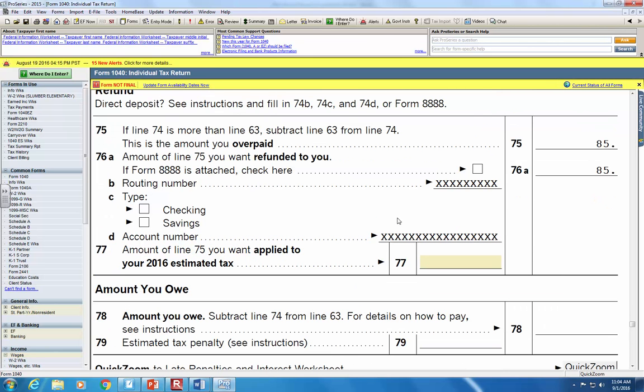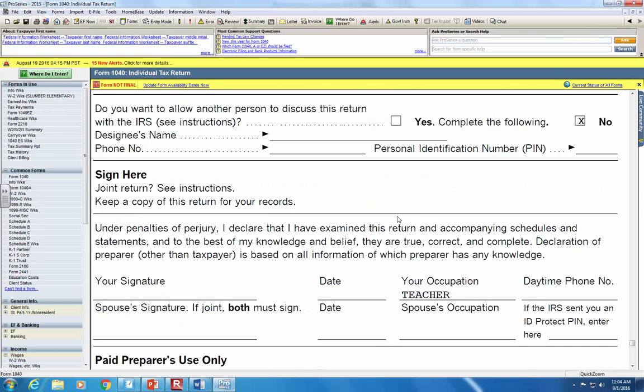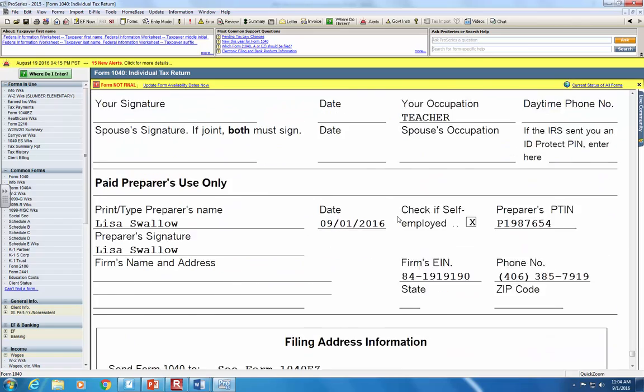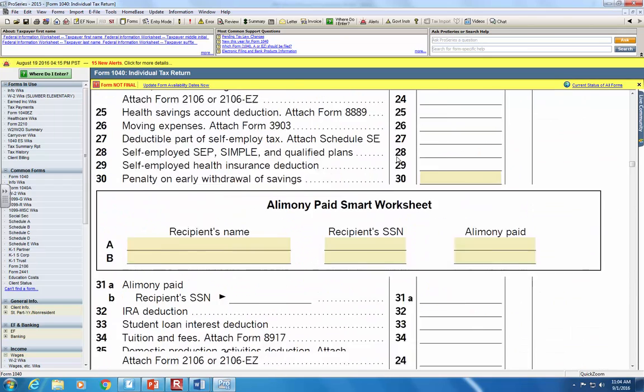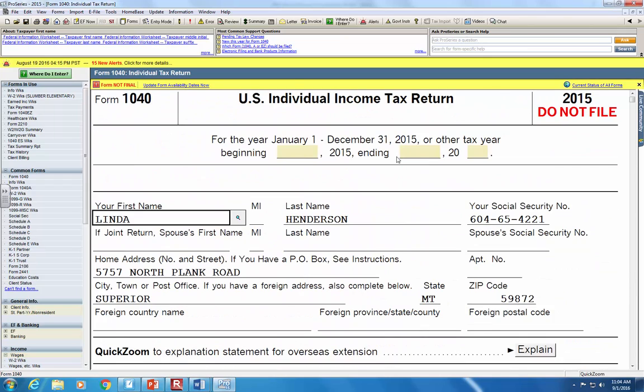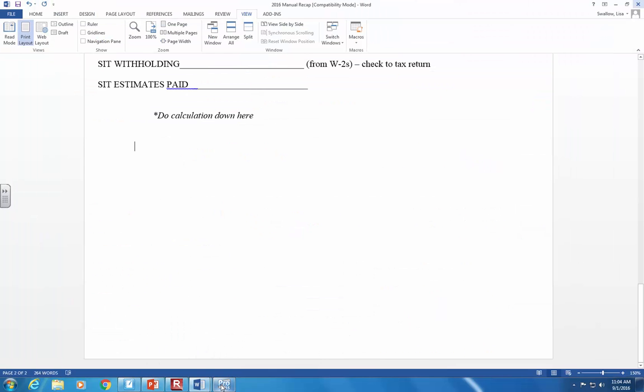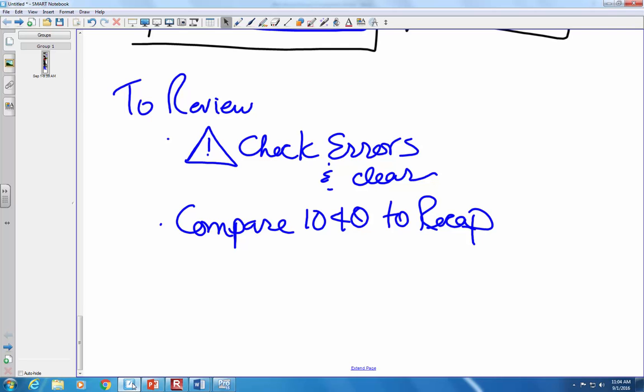Awesome. Okay. Well, the teaching opportunity today is only for federal. I will have to get with iTech and get Montana installed. I'm going to go ahead and do this anyways, just because I want to make this so that you've got the review mechanisms in front of you. But once you've compared your 1040 to your recap, and you believe your 1040 is finalized,